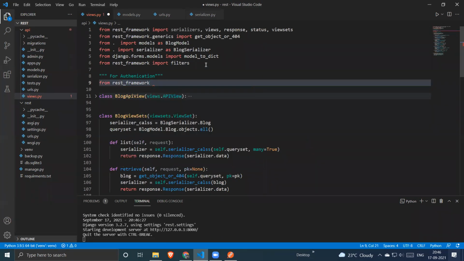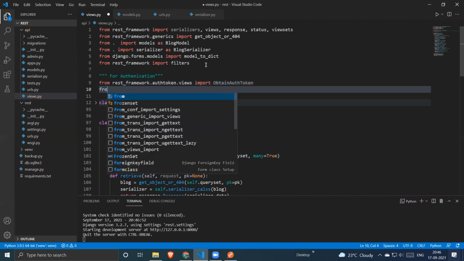Then we have to import from authtoken.views the ObtainAuthToken. So we first import ObtainAuthToken, and the second import would be api_settings.